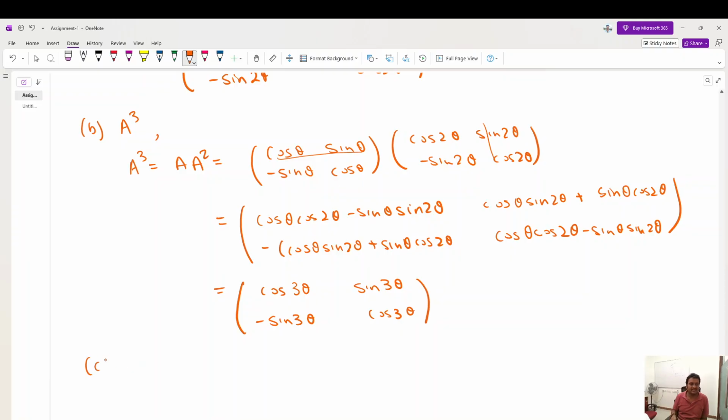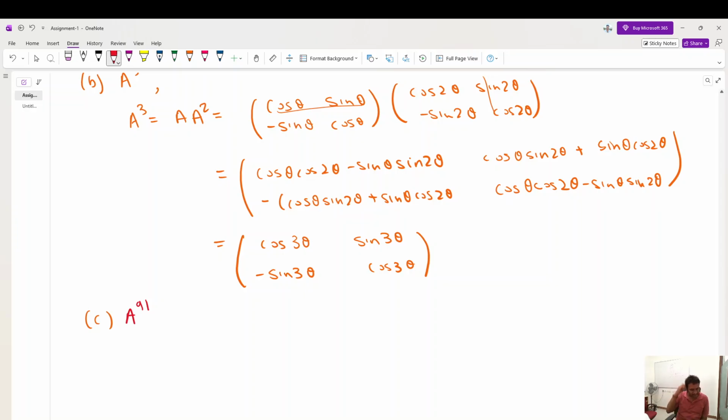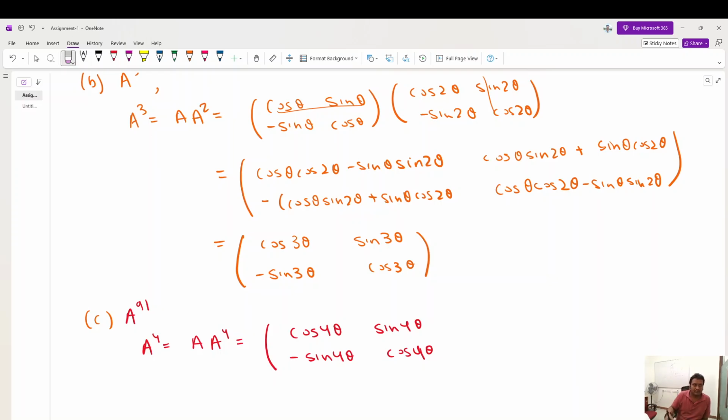Now the next task is to find what is a to the power 91, right? Okay, let's do the mini step. So a into a4. I'm leaving the calculations for you. What you will get is this. You can observe this. So, yeah. Now,